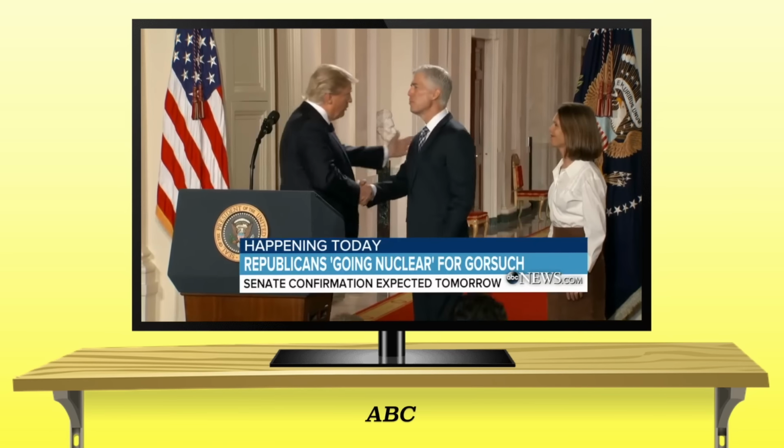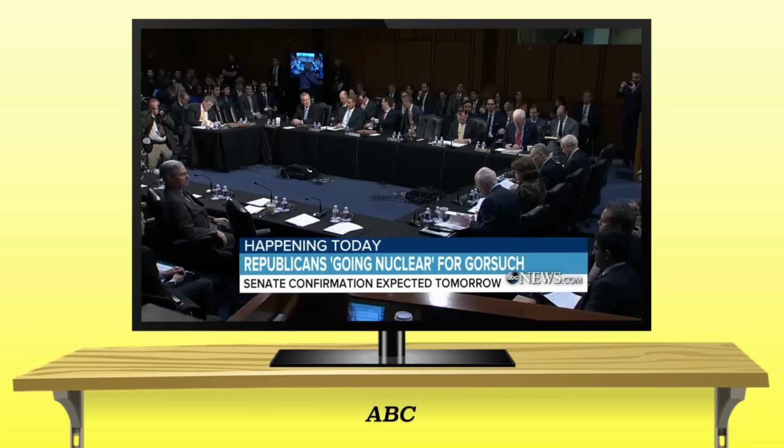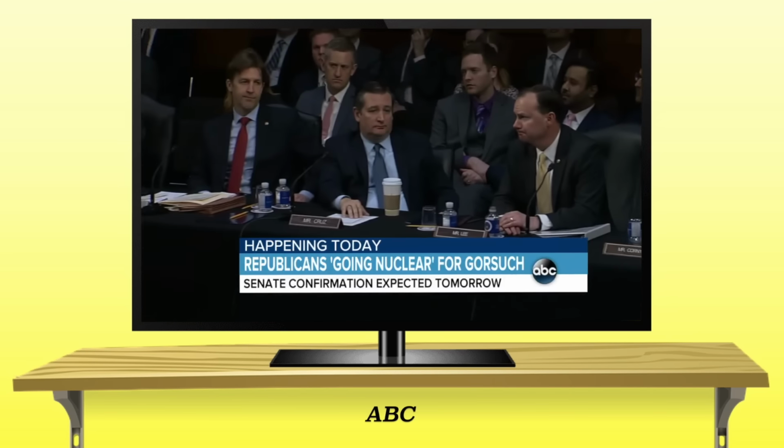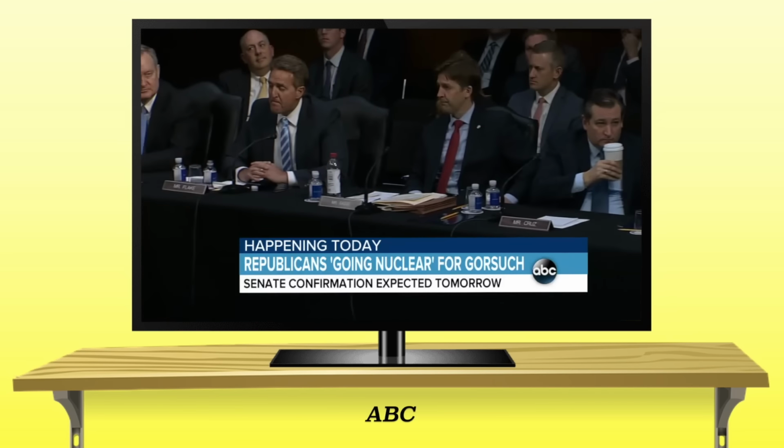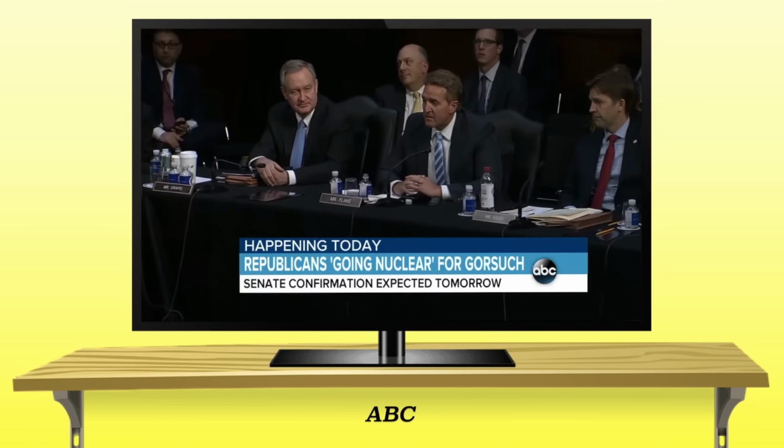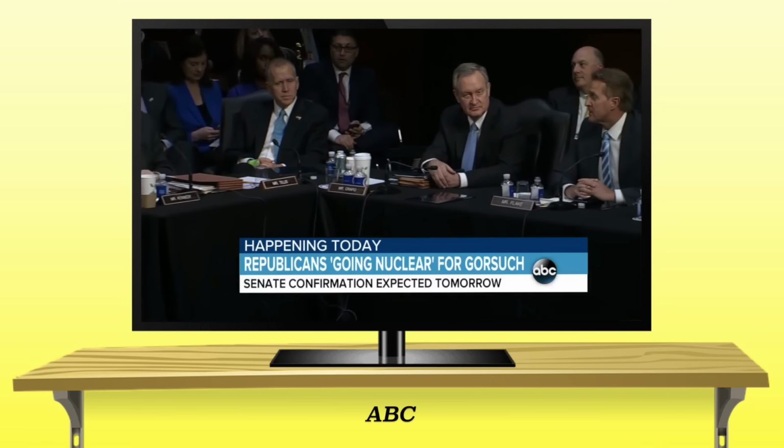But yeah, they used the nuclear option to get rid of the filibuster on executive branch nominees and judicial nominees, which thank goodness for that, because without it, there'd be hardly anyone approved for appointments. Because, in case you hadn't noticed, the United States is a little bit divided right now,